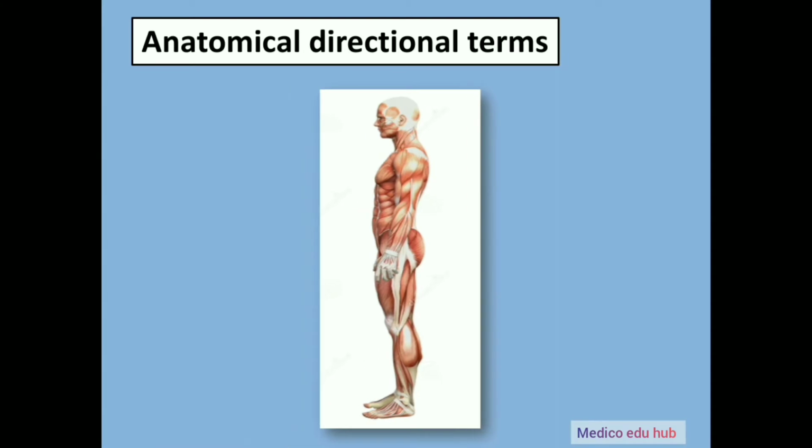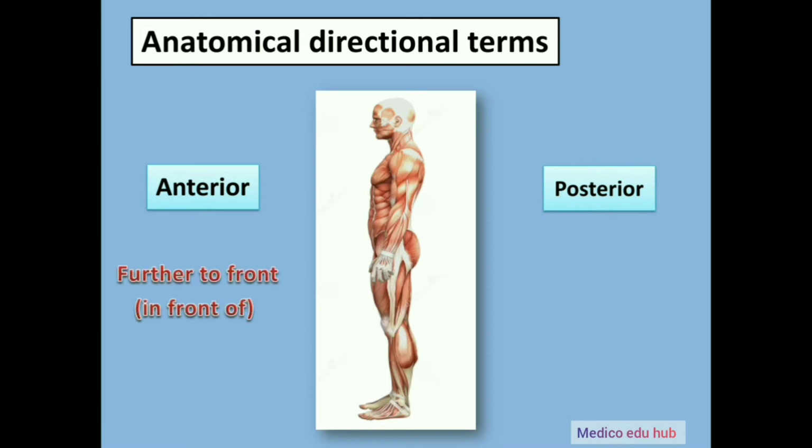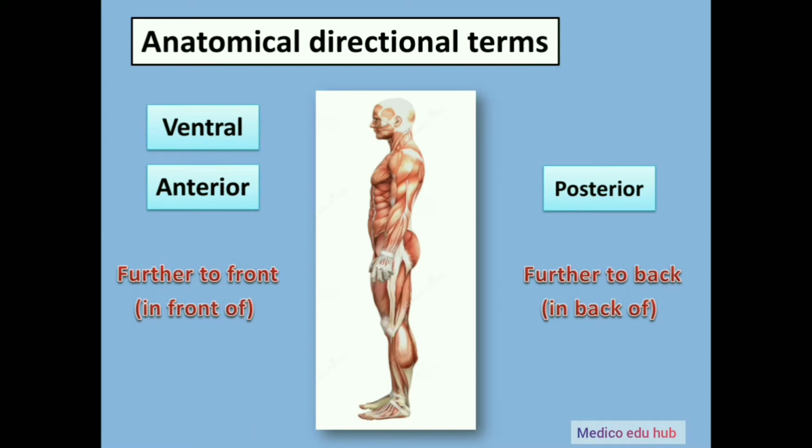In this slide, we will discuss the anterior and posterior aspects of the body. Anterior means further to the front or in front of. Posterior means further to the back or in back of. So we would say the lungs are anterior to the spine, or we could say the spine is posterior to the lungs. Sometimes the terms ventral and dorsal are used in place of anterior and posterior,